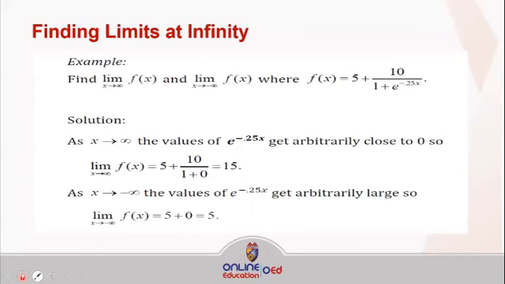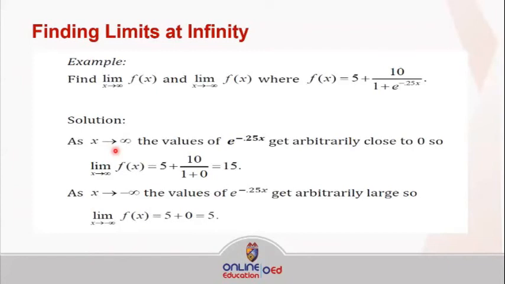Okay, let's say we have here yung one example. Find the limit of f of x where x is approaching infinity and limit of f of x where x is approaching negative infinity, where f of x natin is equal to 5 plus 10 over 1 plus e raised to negative 0.25x. So for the solution, let's say we have the x infinity, the values of e raised to negative 0.25x